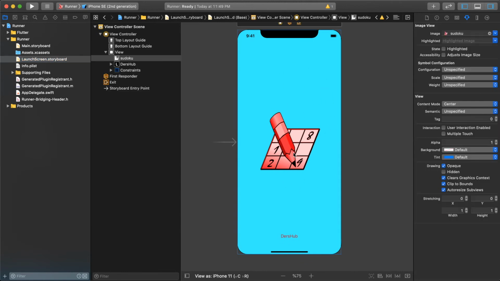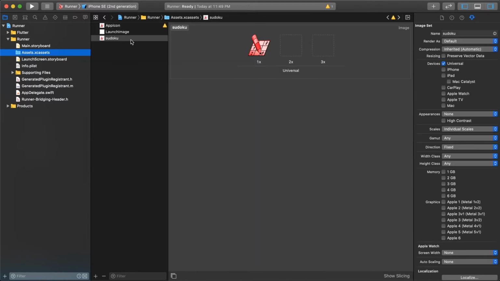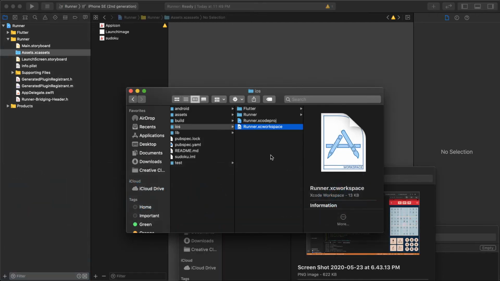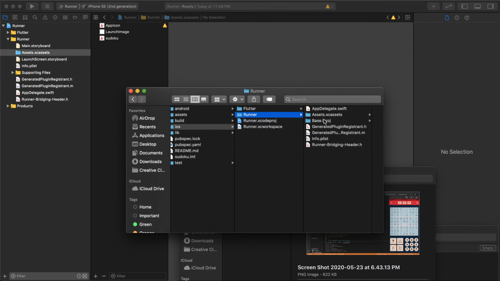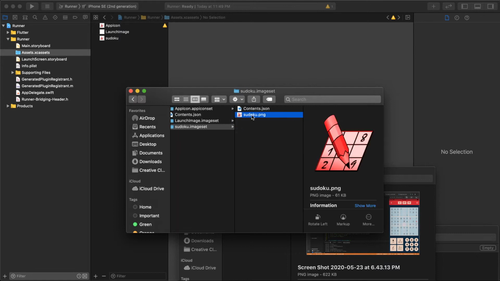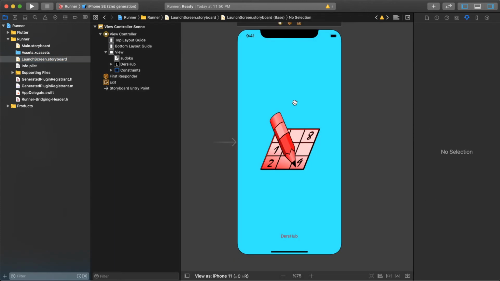So we just put our picture here. How can we do that? Here in Assets.xcassets, you just drag and drop your picture here. It's actually easy. Any picture, just find it, drag and drop it, and put it here. It's that. And after that, go to the launch screen storyboard,